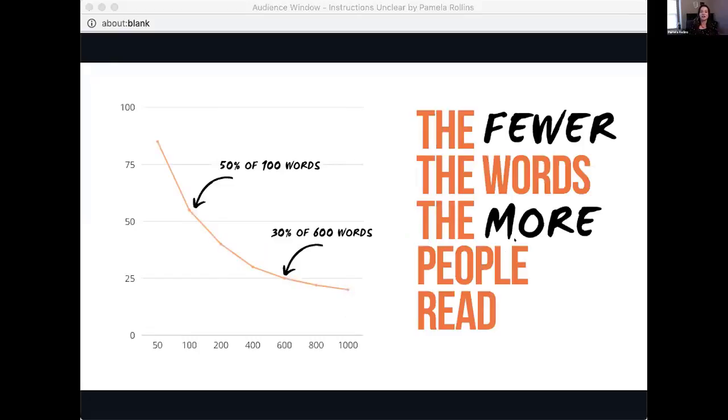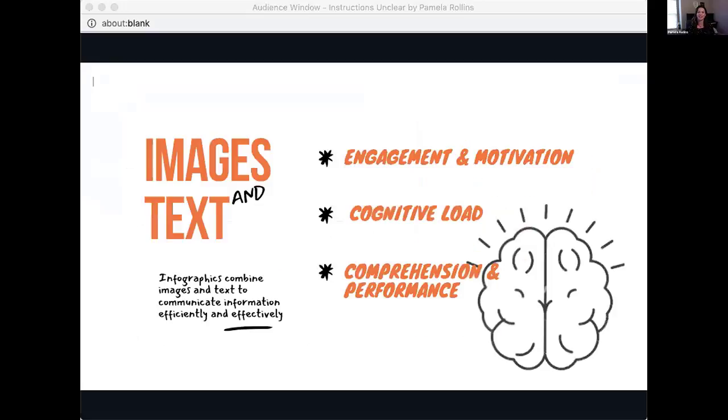If we look at that even closer, when they broke it down through the eye tracking studies, on pages that had 111 words, users generally read 50% of those. When they got past about the 600, 800 mark, that's when it started dropping down to that 20% figure. I don't know about you, but most of my assignment instructions are about 1,000 words. So that told me that my students are reading about 200 of my very carefully chosen words in these assignment instructions.